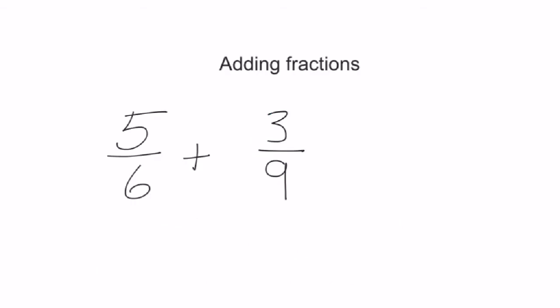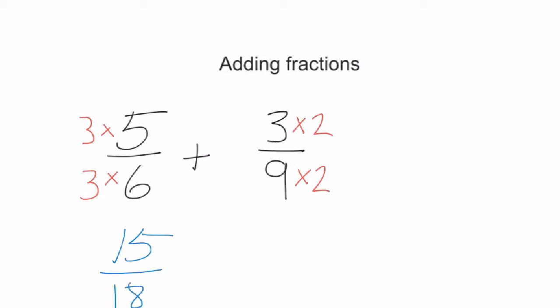Here we have our next example, 5/6 plus 3/9. Take the time to pause the video and solve on your own. I'm now going to start solving, so pause it if you haven't. So looking here, I know that 6 and 9 can both go into 18, multiplying by 3, and multiplying by 2. So I'm going to take the time to set up my new problem so I stay organized. 15/18 plus 6/18 gives me an answer of